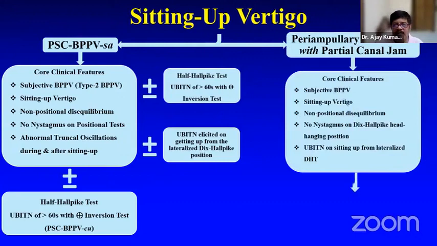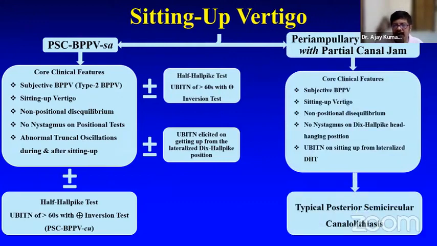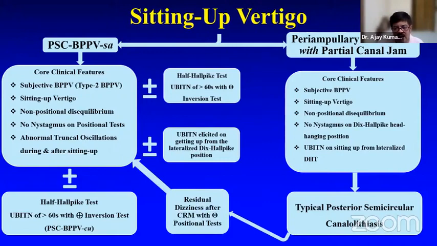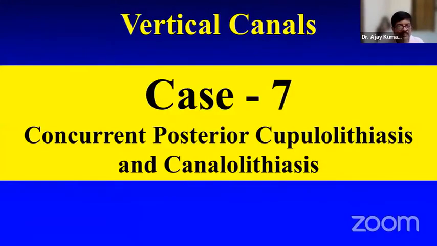The second arm is periampullary restricted posterior semicircular canalolithiasis with partial canal jam. The last case which we saw, the core features remain the same, but the important thing is that many of these patients transform into typical posterior semicircular canalolithiasis, either spontaneously or with some form of physical treatment. And again, remember that typical posterior semicircular canalolithiasis, when treated with some form of repositioning maneuvers, may have residual dizziness, and this may be because of the short arm. This is my last case,